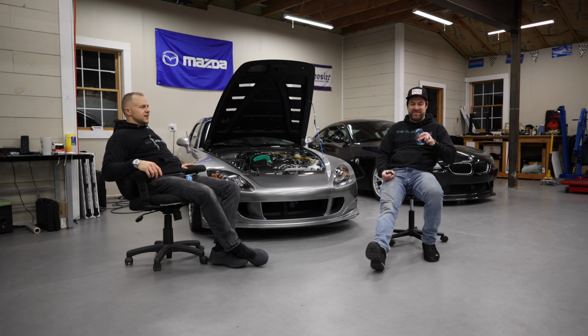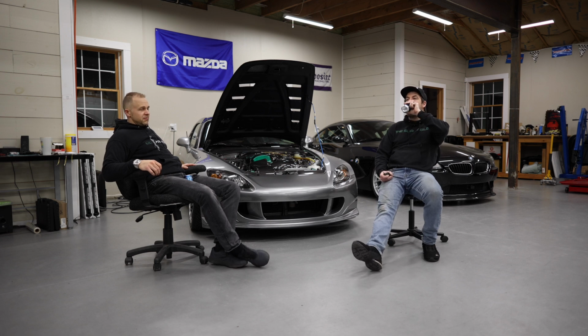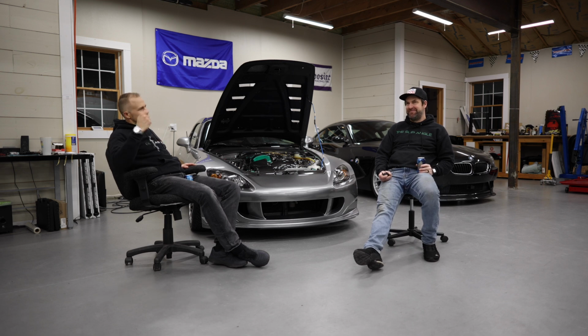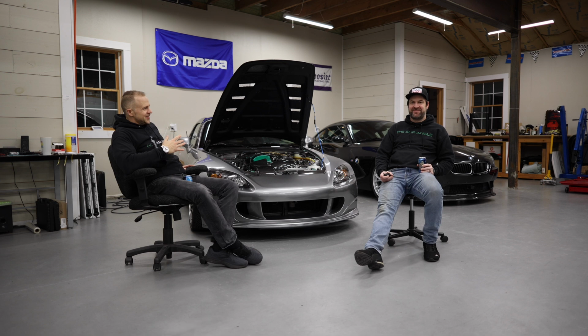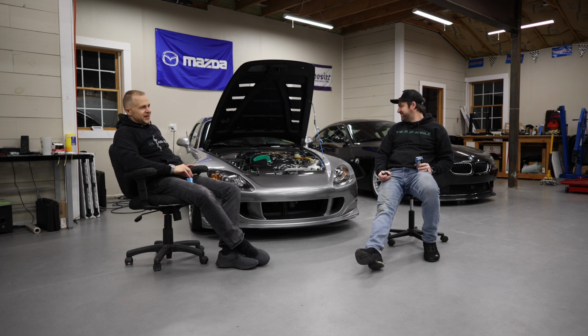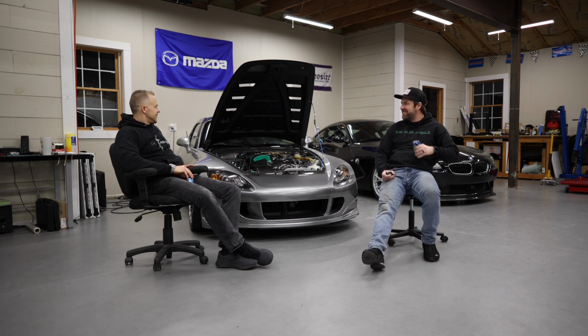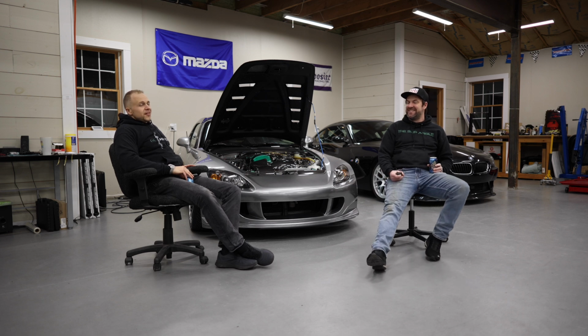Dude, when you're talking making cam gear adjustments on a dyno, you are making pulls and you're tuning too. So it's a cam gear adjustment, pull, tune, tune, and then, okay, did it do anything or did it make it better or worse? So it's tedious. I'm not doing that, let's put that out there. So come up with some kind of removable cap for the front of the valve cover. So anyways,